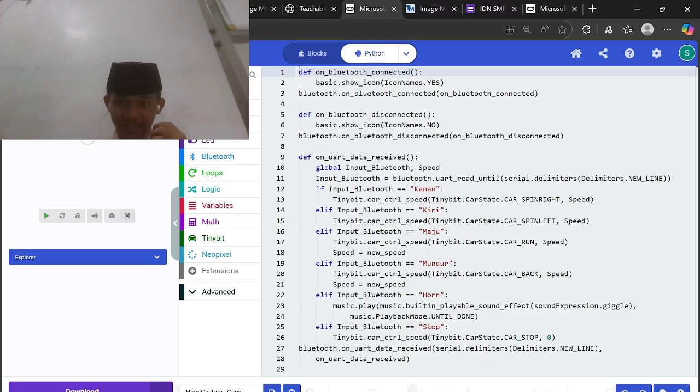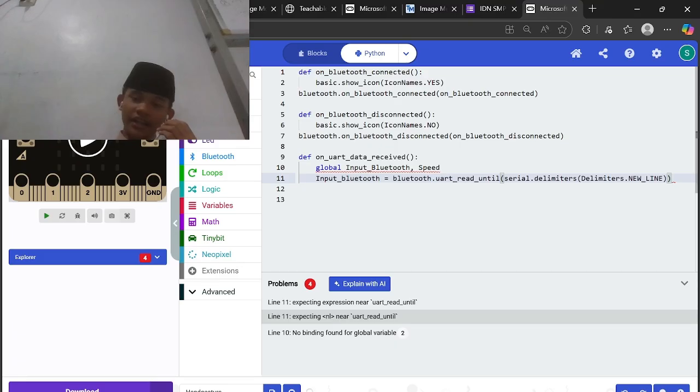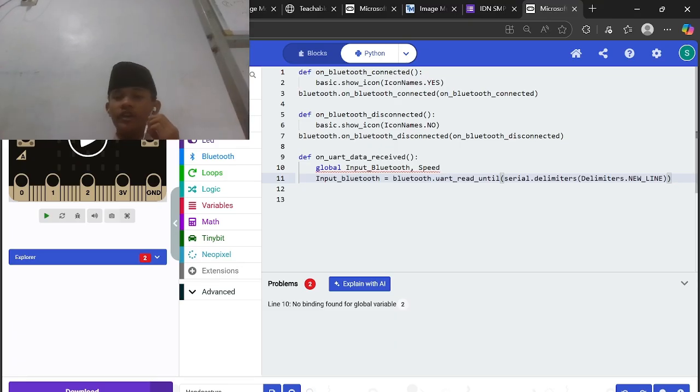Okay, just like this. Actually this is not needed, just erase it. Now if we use our gesture in Teachable Machine, it means it is already connected. If the Bluetooth is connected, we can move our hands in Teachable Machine.